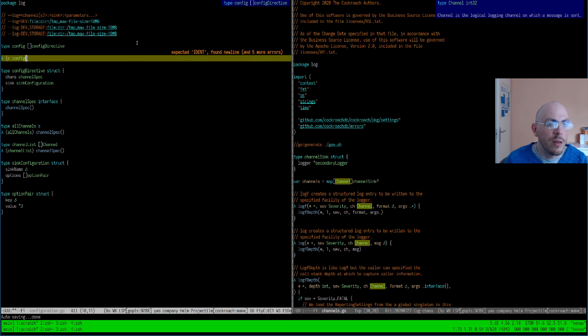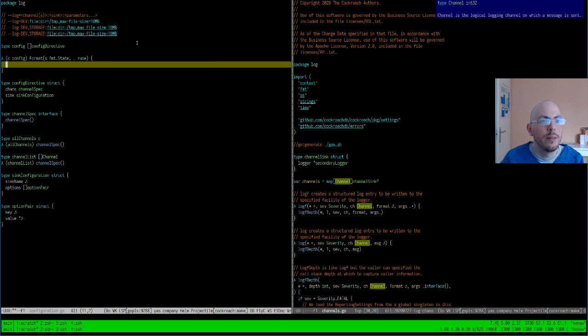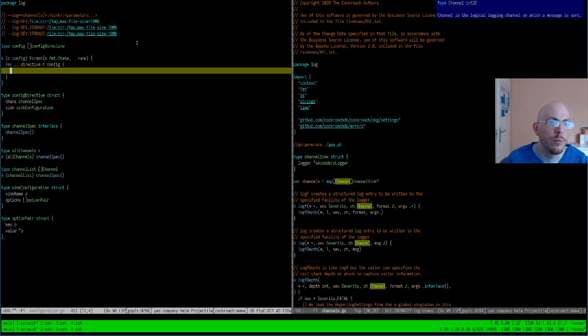If I have a config already and I want to format it into a formatting buffer, I'm going to do this by implementing a loop. So for the directive, I'm going to have one per line.